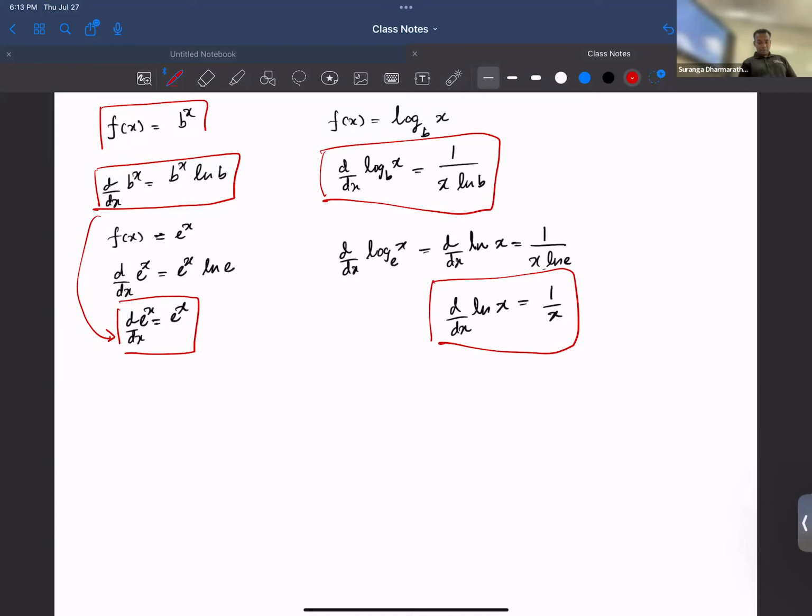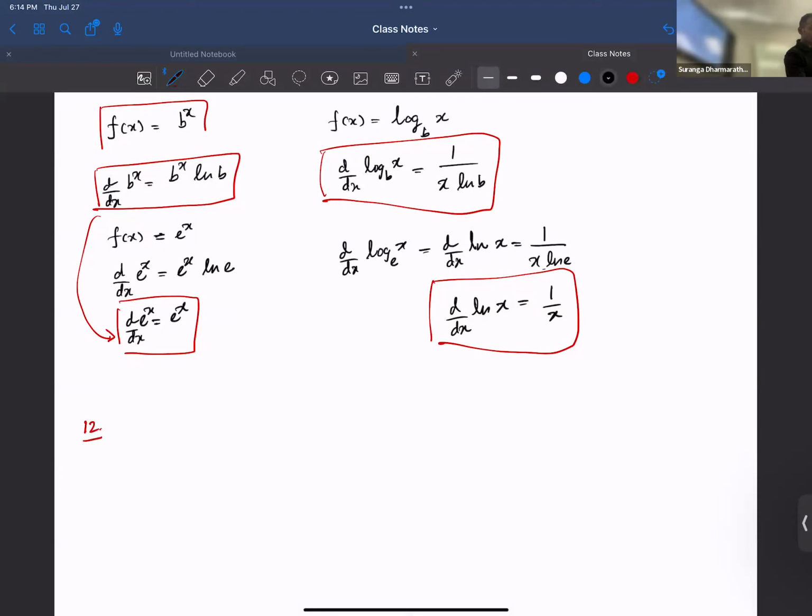I think I did a couple of examples, and let's do some more. Let's see, if I do problem number 12,